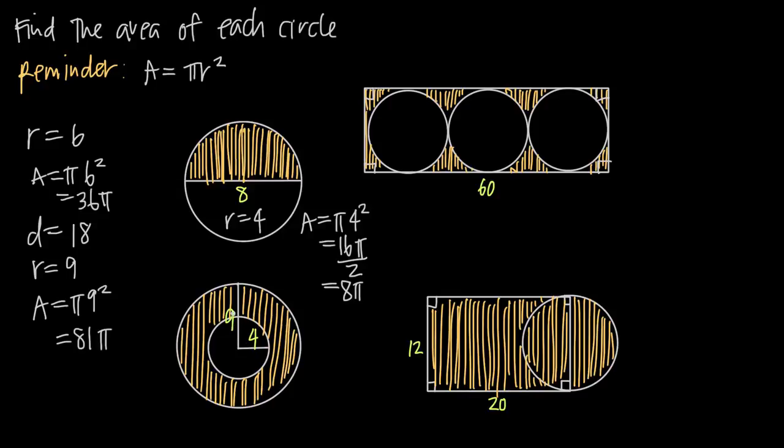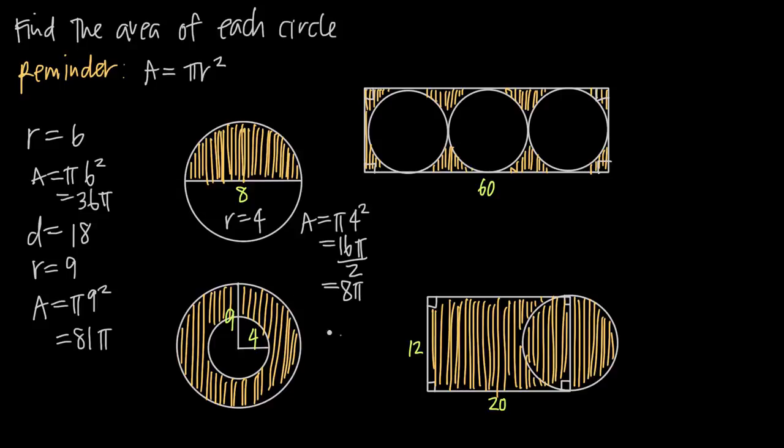What about this example here? We have a circle, and then we have a smaller circle inside of it, and we want the area between the two circles. Well, the easiest way to tackle a problem like this one is to find the area of the entire circle and then subtract out the area of the smaller circle, which will leave us with just this shaded ring. So we've been told that the radius of the larger circle is 9,